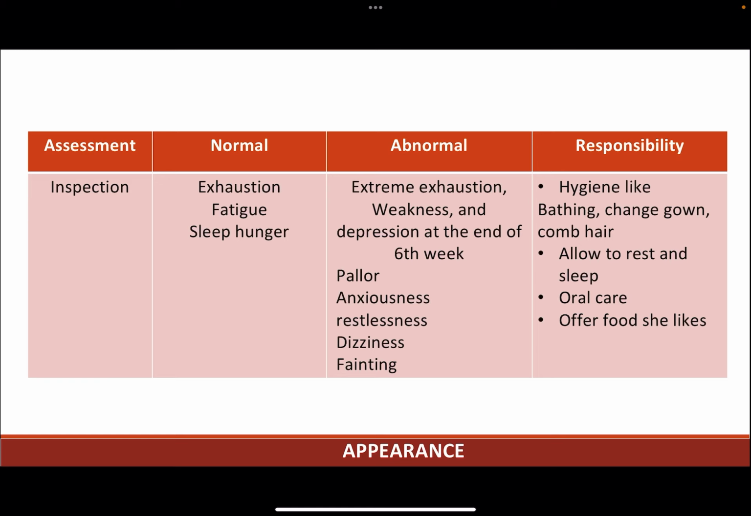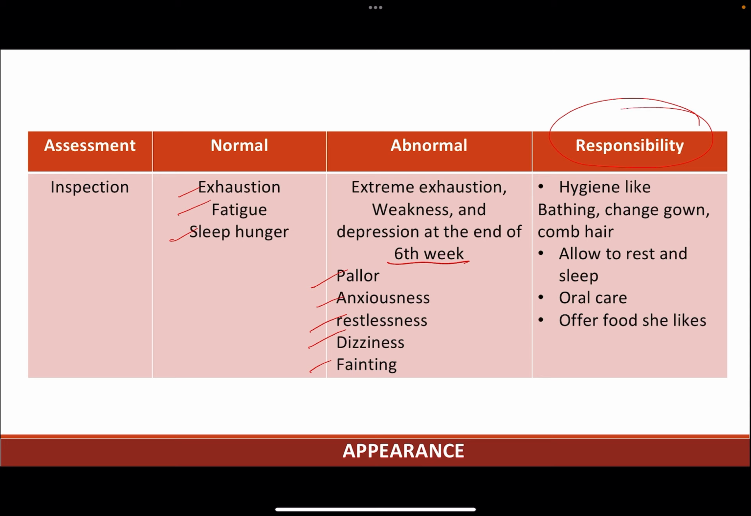Let's proceed to the inspection for assessment. In the normal appearance, there is fatigue, sleepiness, hunger, and exhaustion. In the abnormal, it is extreme exhaustion, weakness, and depression at the end of the 6 weeks. Under the abnormal is also pallor, anxiousness, restlessness, dizziness, and fainting. So as your